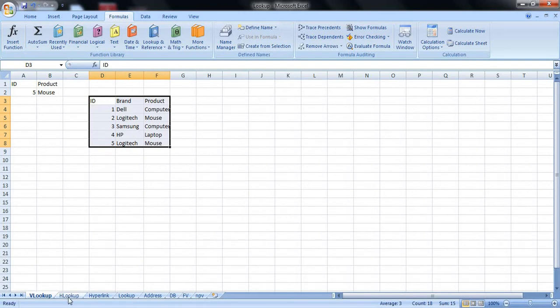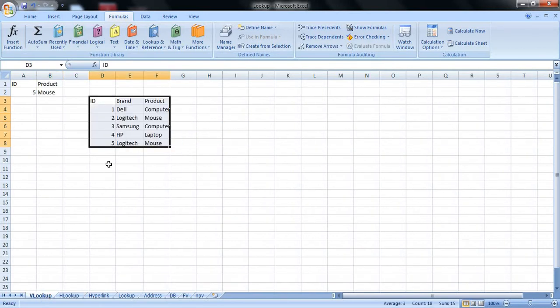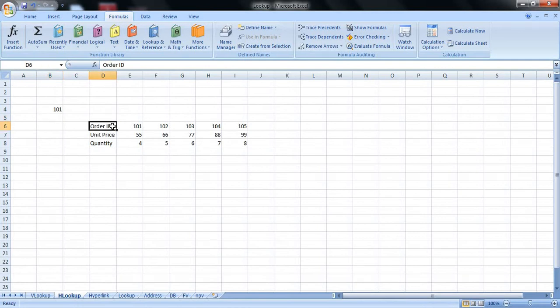We also have HLOOKUP. VLOOKUP and HLOOKUP are both the same. VLOOKUP is vertical lookup, and it will search for the reference value from the first column of your table. And if it is a horizontal lookup, the only change is, it will search for the reference value in the first row of your table.